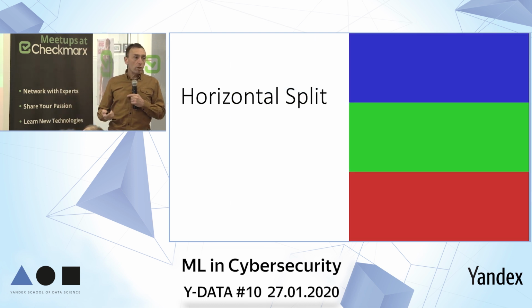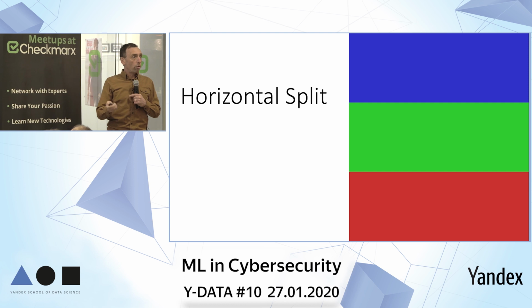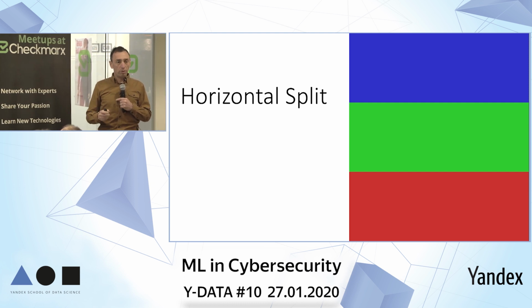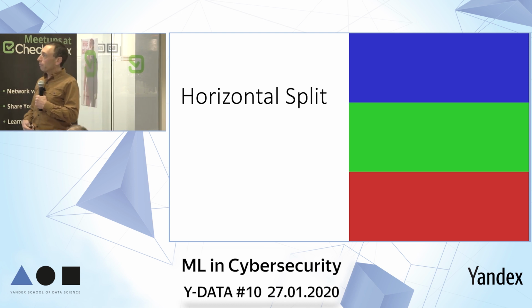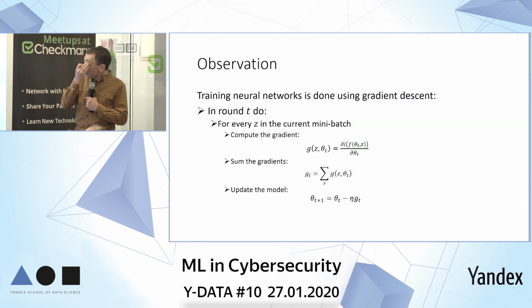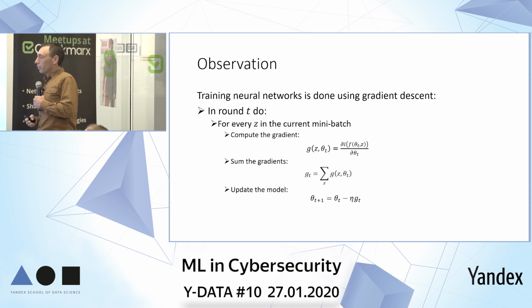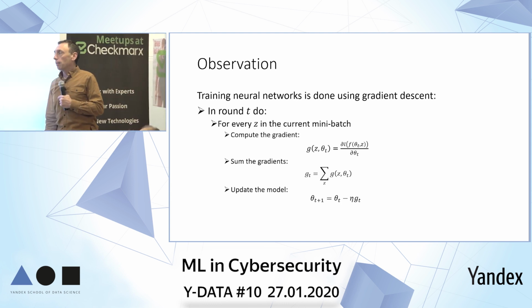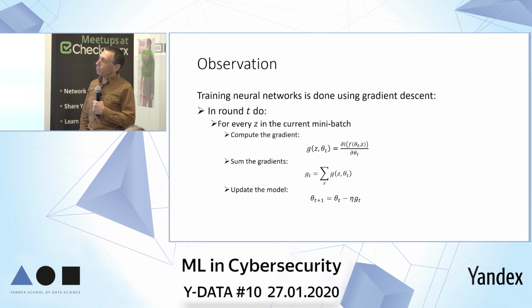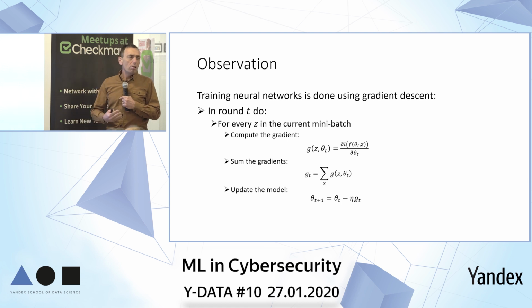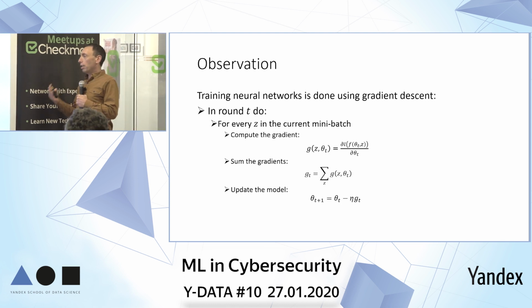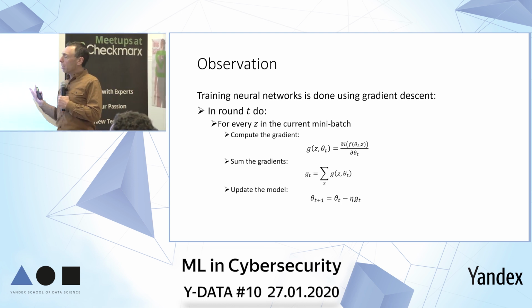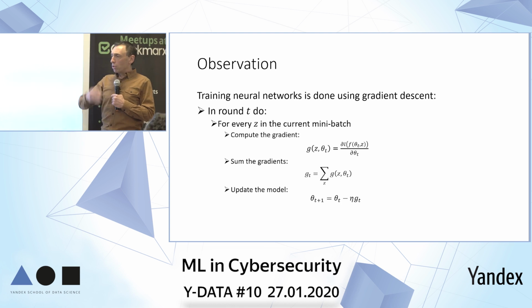And we have solutions to both settings, and I'll just go about them very briefly in the interest of getting home sometime. So for the horizontal split, it's basically the same idea being used by federated learning. The idea is that if you look at many learning algorithms, they're basically gradient descents, right? A lot of our learning algorithms, obviously in neural networks, but actually even gradient boosted trees, can be viewed